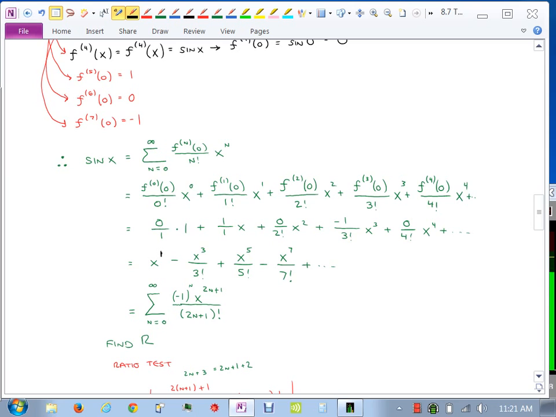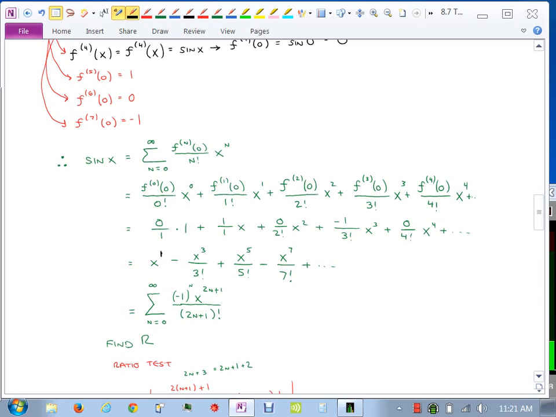But in the denominator, I need the same thing. I need 1, 3, 5, 7 factorials. So the formula down here is 2n plus 1 again, factorial. Y'all see how that works? Okay, now,